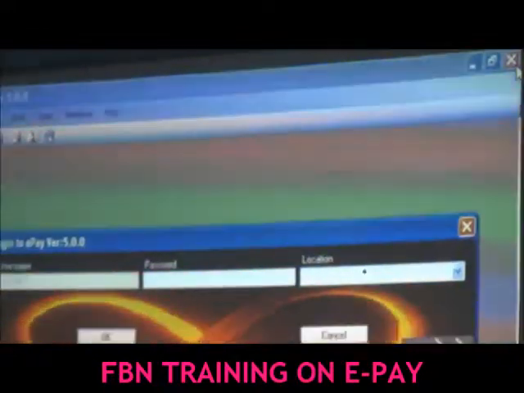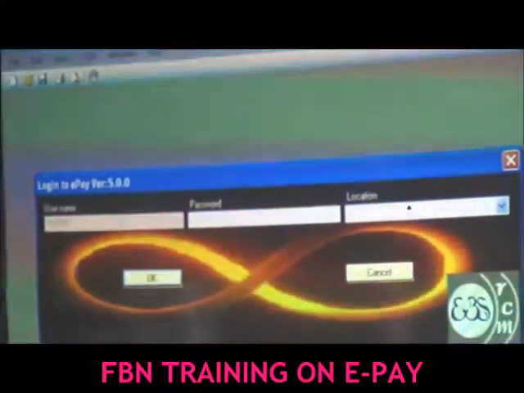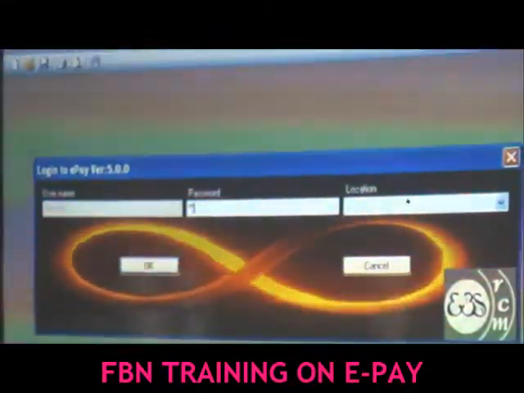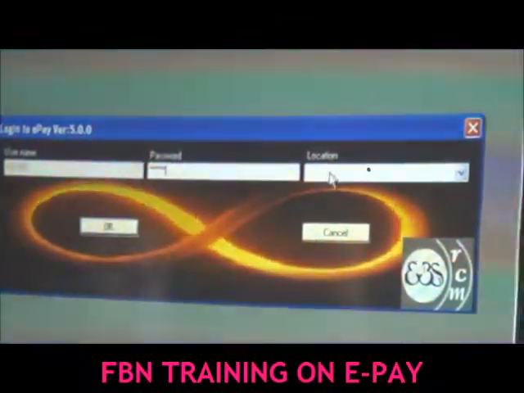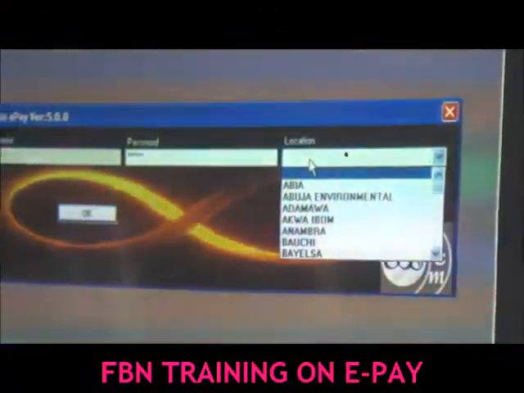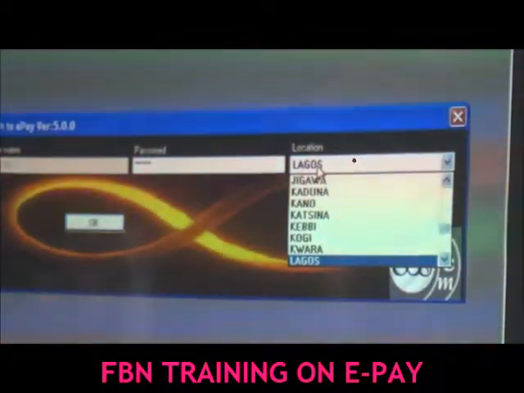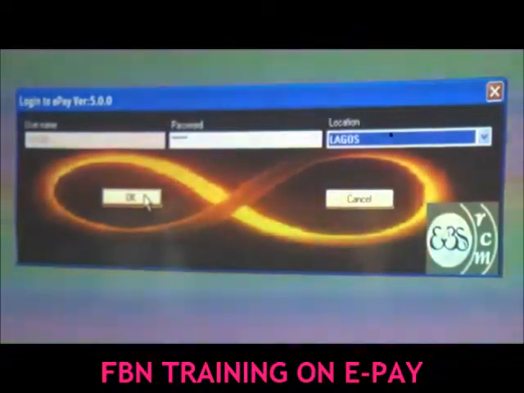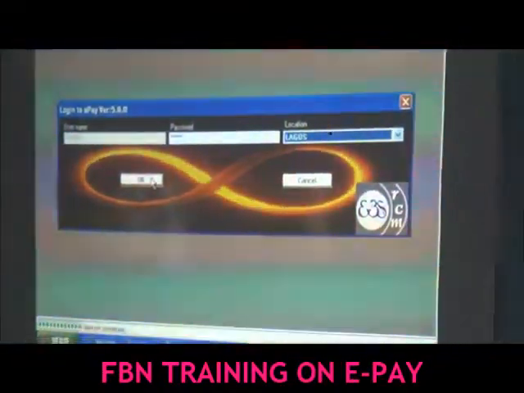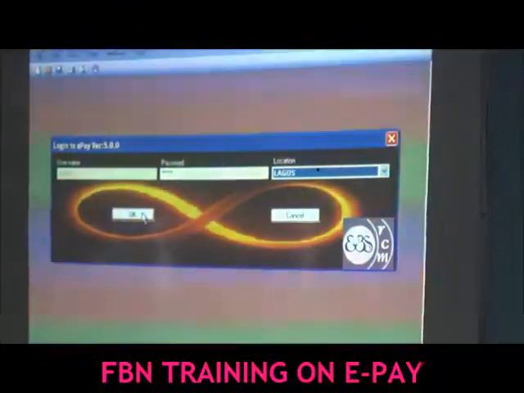Remember to synchronize your cards as and when due. Your bank card, 5 days. Your own card, 10 days. That's all we are synchronizing now. If you do a transaction and you get a receipt, that means your bank card is synchronized. You don't need to bother about that again. It synchronizes every time you get a receipt.